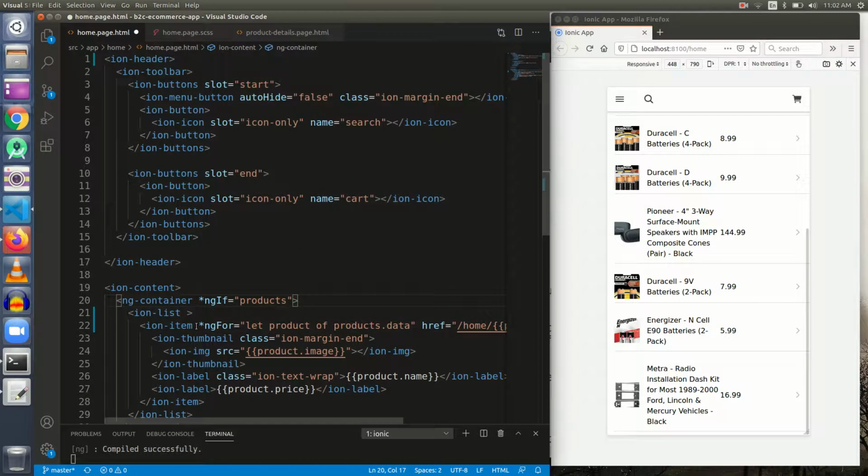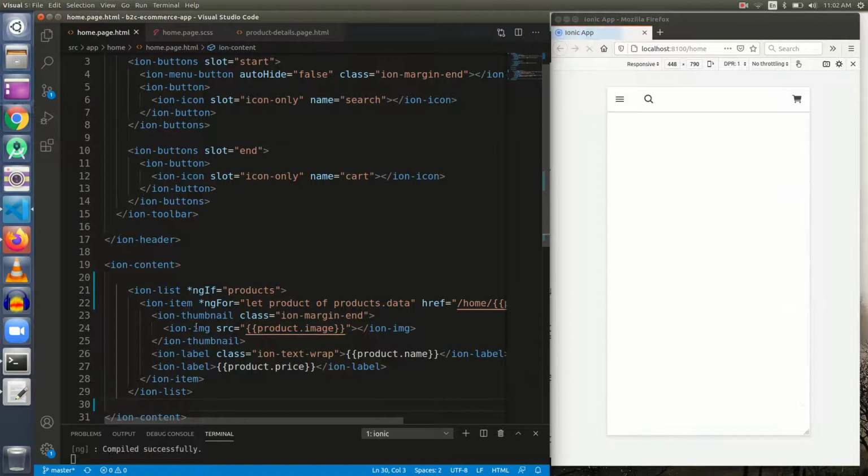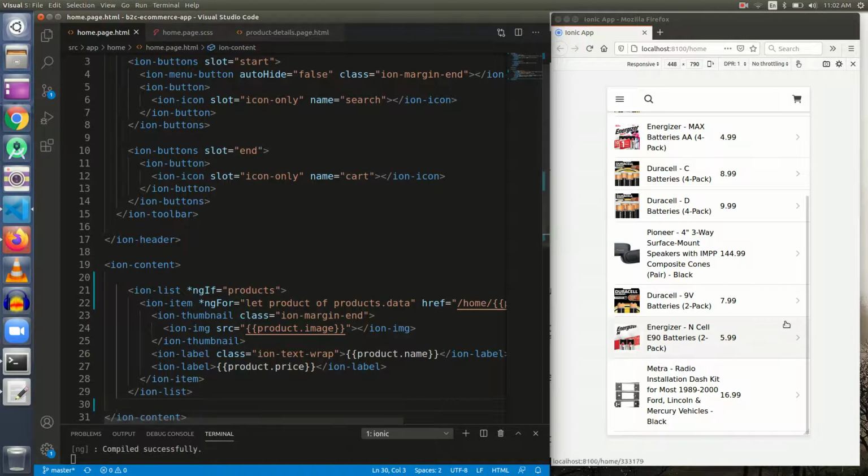So we have rectified that, and now I can put this ngIf inside ion-list, and now we don't need ng-container, so I can remove this. Be very patient with these changes guys, because one wrong move and the whole UI can distort. So let me save it, and I hope there is not, okay, now it's good.